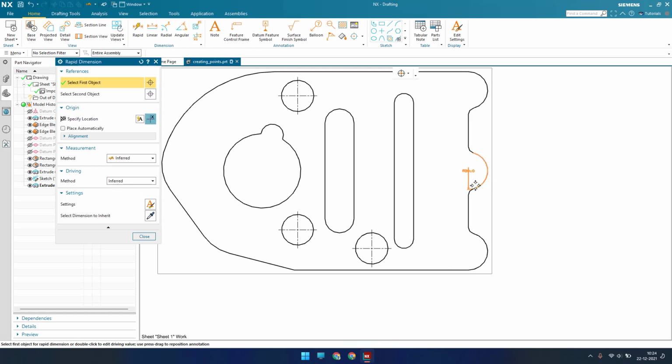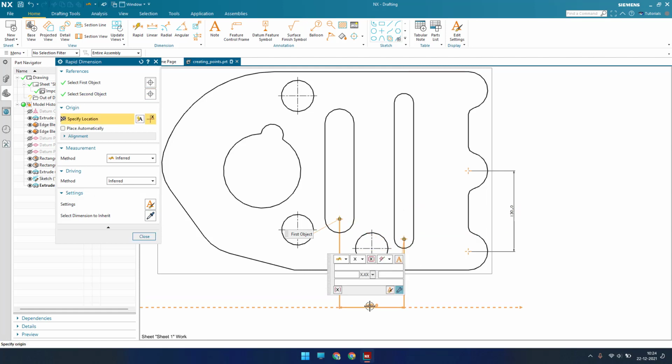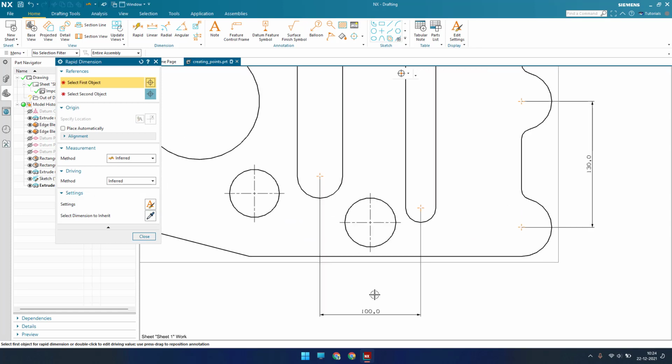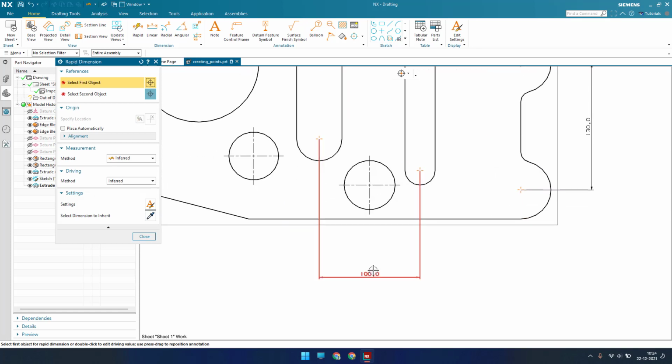So here is my linear dimension, I'm just taking this point and this point. Since I have selected this point to this point, you can see here there is a dimension that is developed. For example, I'll just provide a dimension again from here. Whatever we did previously was a vertical dimension, and this is a horizontal dimension.